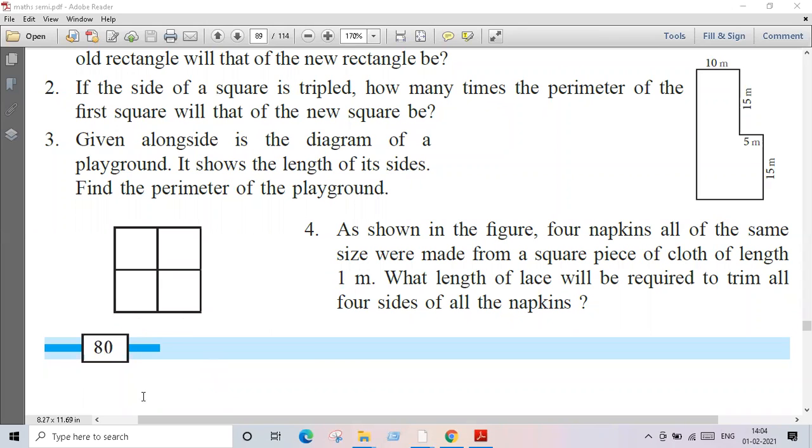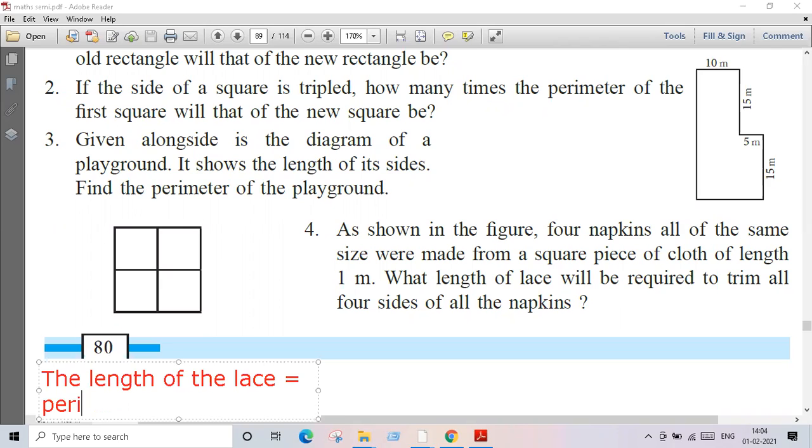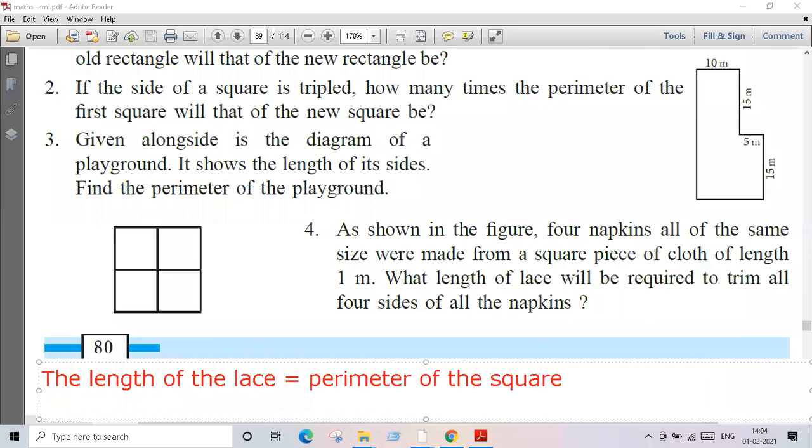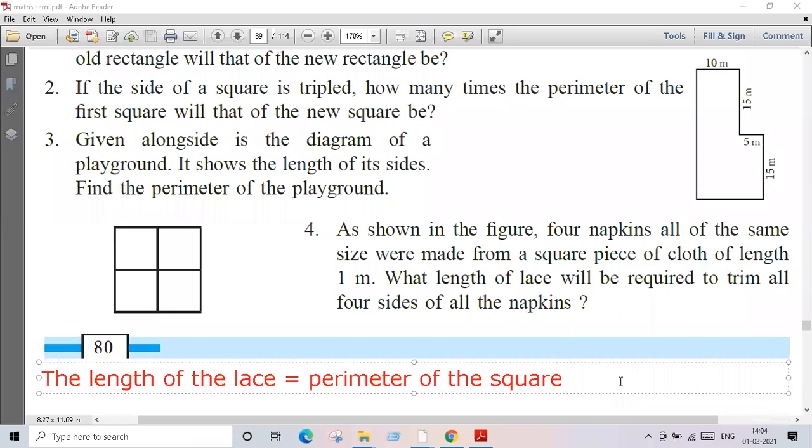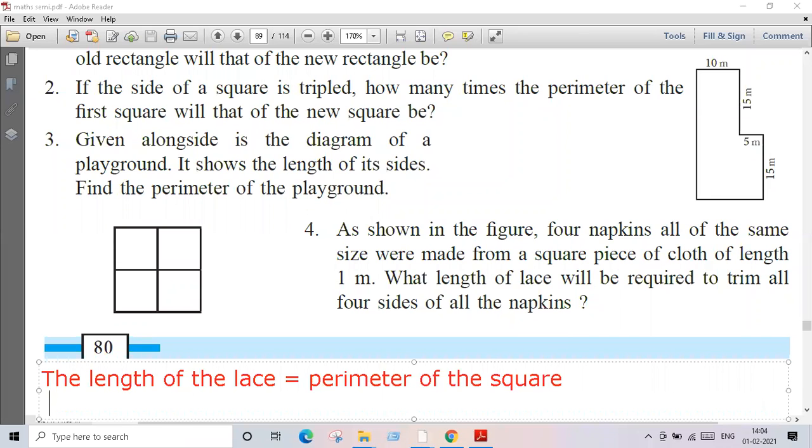चलो मी तुम्हाला आन्सर सांगतो. The length of the lace पाहिजे ना मला कव्हर करण्यासाठी. Lace is equal to what? Is equal to perimeter of the square. Perimeter of the square, that is add करायचे. 1 plus 1 plus 1 plus 1, किती झाले? डायरेक्टली लिहितो मी ते 8 मीटर. किती लागणार? पेरिमीटरला 8 मीटर.